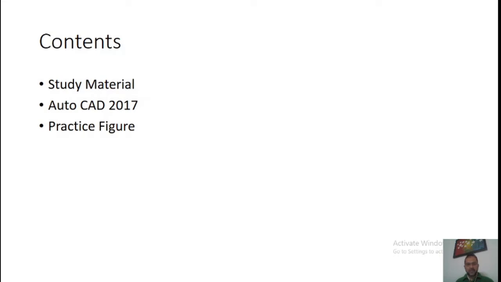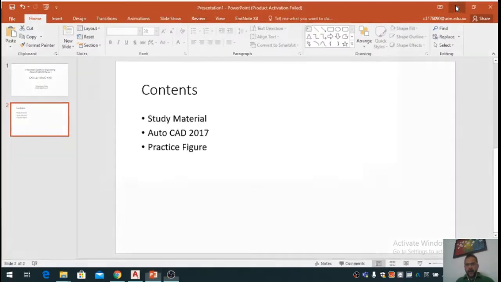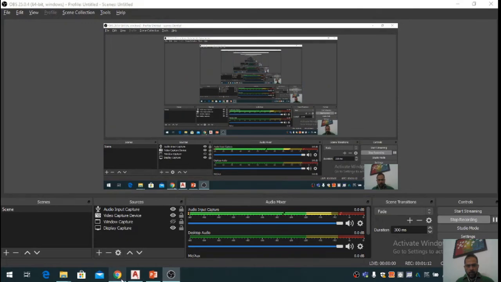And in the last, we will draw a practice figure in which we will try to use as many commands as we can. So if we look at the study material, I have already uploaded it on my web page.